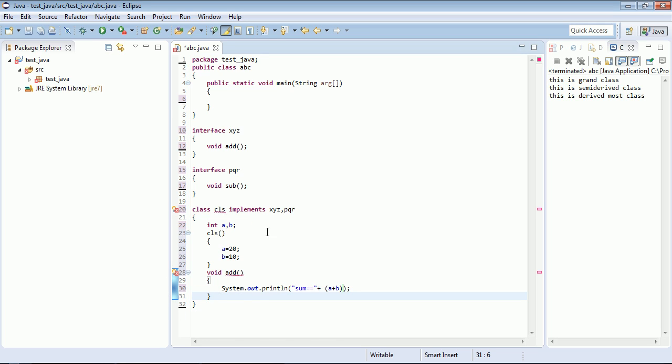Every time you make an interface, keep in mind you have to write public here, and here also public, because when we override any function, that method must be public in nature. So now we can also define the function